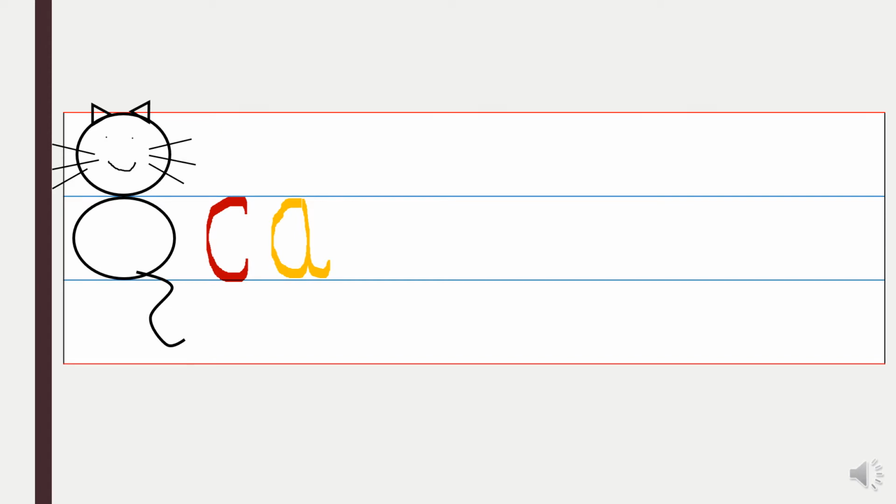Okay, the next letter that we're going to see is the letter O. Again, it's starting with a K. So we start off with a K and we go up to complete the circle, and that becomes the letter O. Now the next letter we're going to see is the letter G. Again, it starts off with a K, but it's a little different here. It goes up and it goes down with the tail.